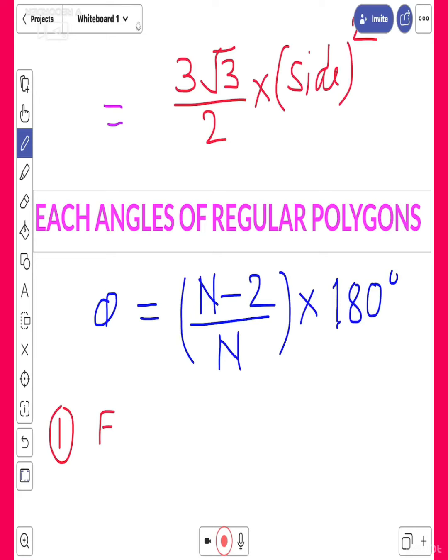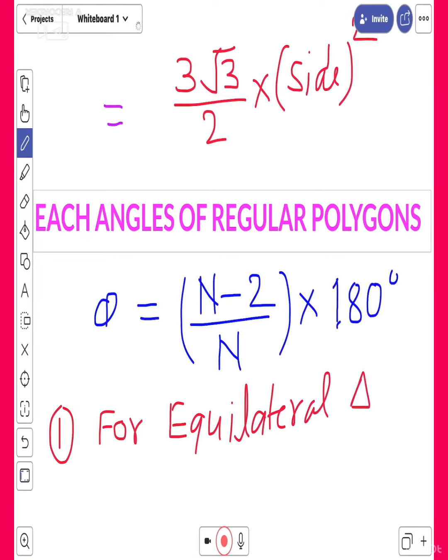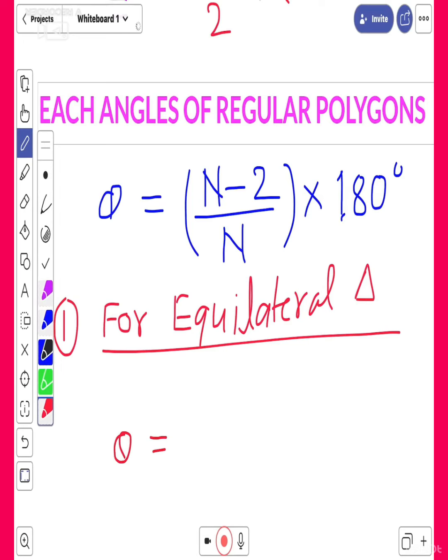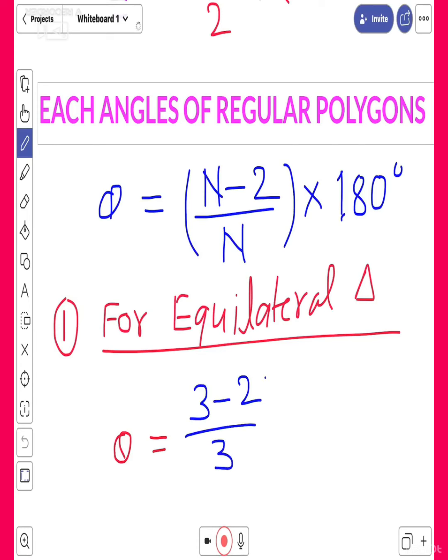So for an equilateral triangle, yes dear, how many sides are in this triangle? There are 3 sides. So you will get each angle, that is theta, equal to how much? (3 minus 2) divided by 3 into